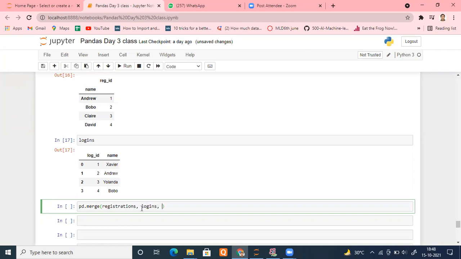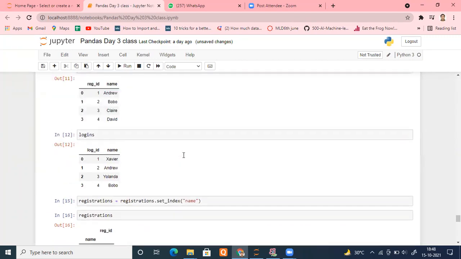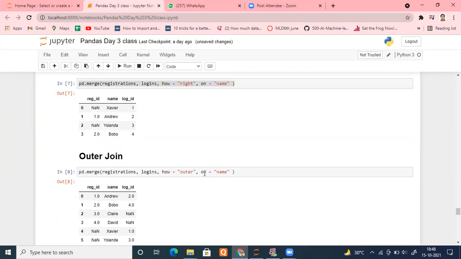Now see, something very important comes. Now you know that my key column has become my index, right? It's no longer available as a column. If it were available as a column, then I could have just put the argument on equals name. But that is not the case now. You cannot put it this way.